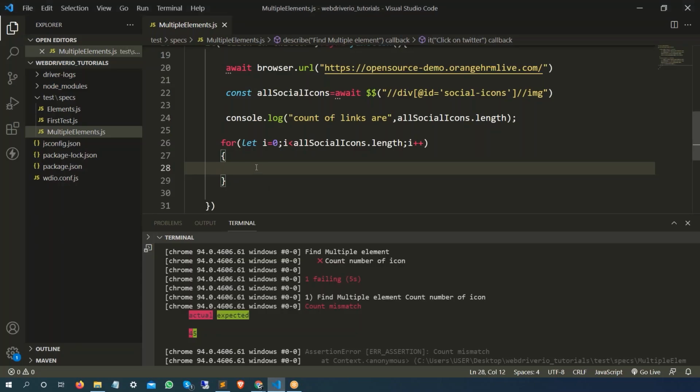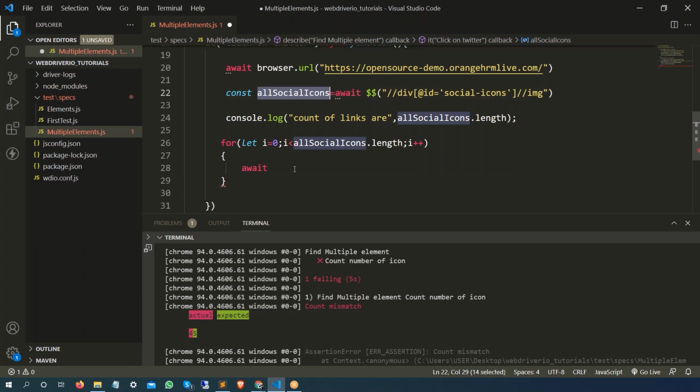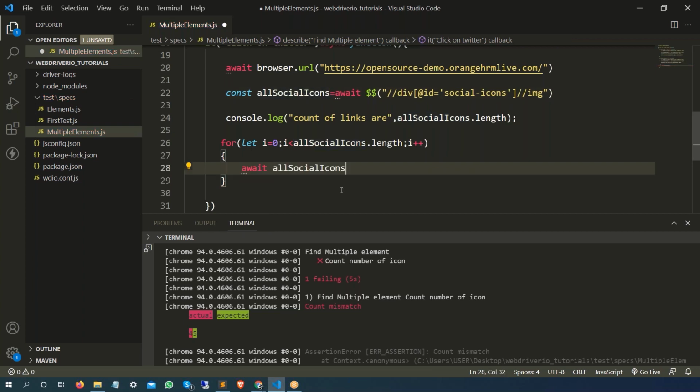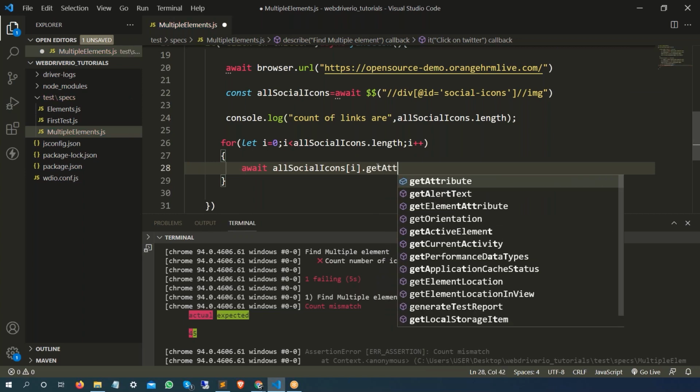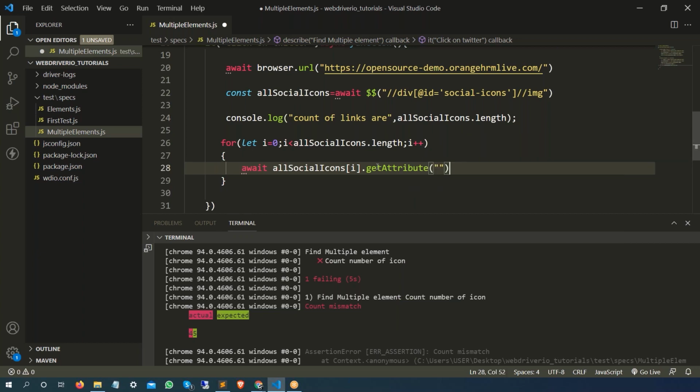So now here I'm going to write again await, and if you notice, this is our array, right? How do we access the array's elements? Using indexes, right? So in brackets I will pass the index. In our case we are passing i, so this is going to pass 0 first, then 1, 2, 3. Now I will be using something called getAttribute because we want to capture the attribute, right? Which attribute are we looking for? We are looking for the attribute called alt. So this is going to return us the attribute,